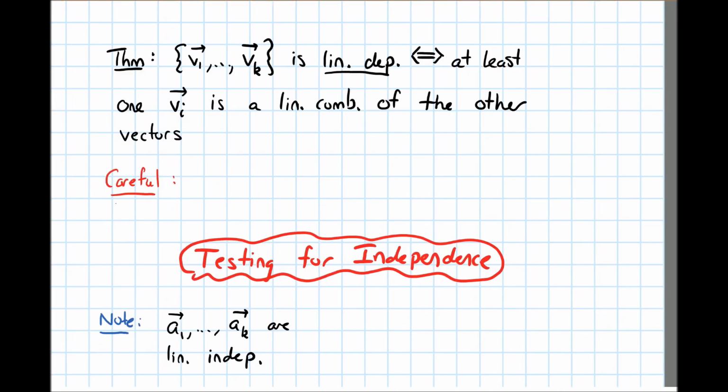This is actually a theorem, which says that a set of vectors v1 up until vk is linearly dependent if and only if at least one of the vi's, one of the vectors, is a linear combination of the other vectors. That's conceptually what we just realized in the picture that we drew before. One thing I really want to point out carefully